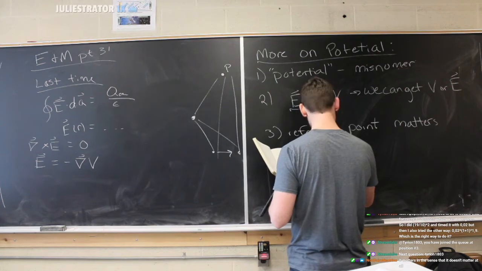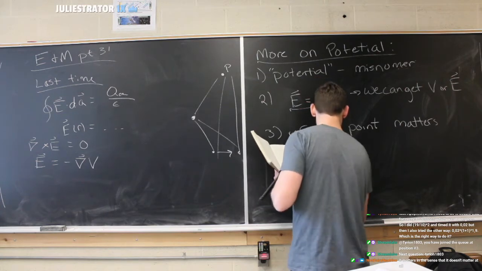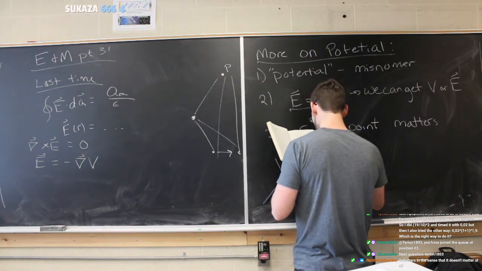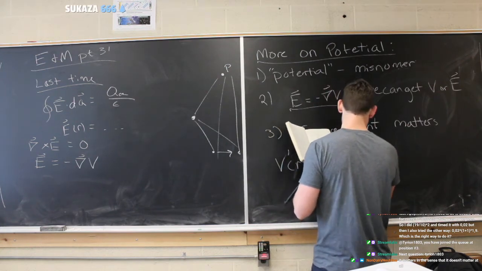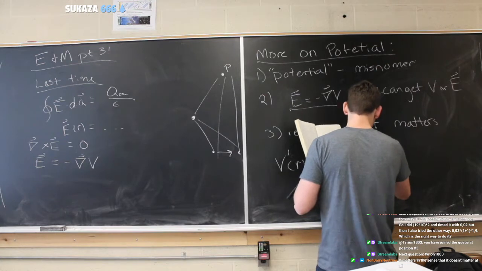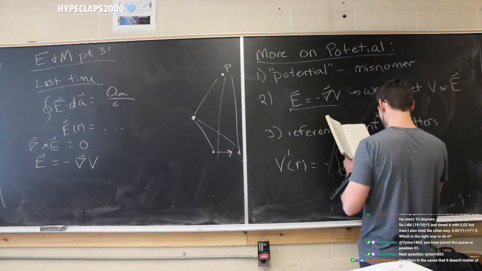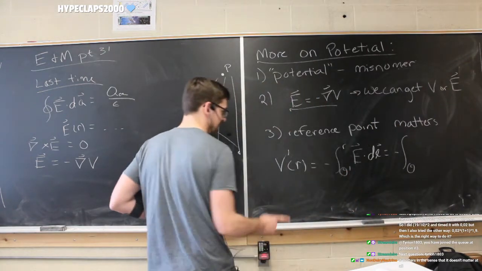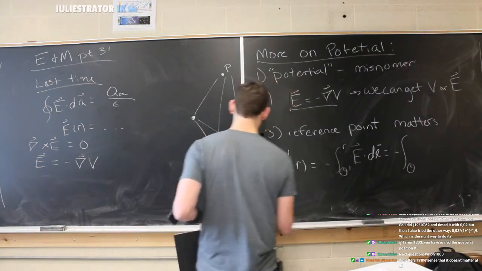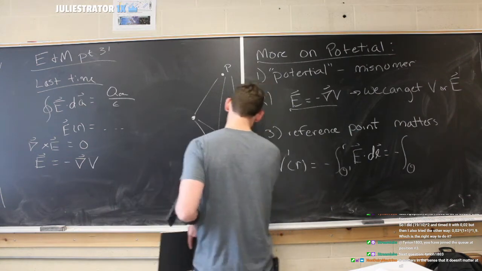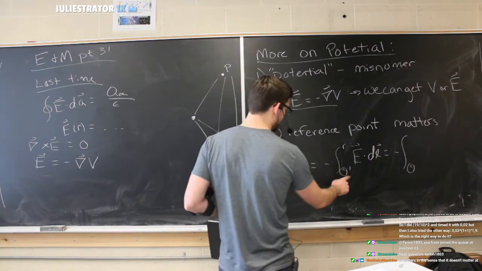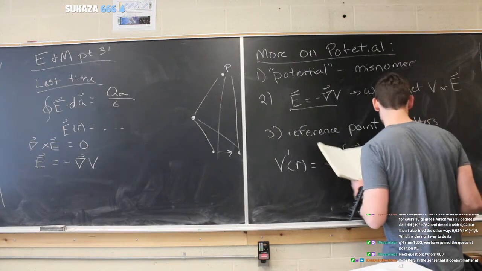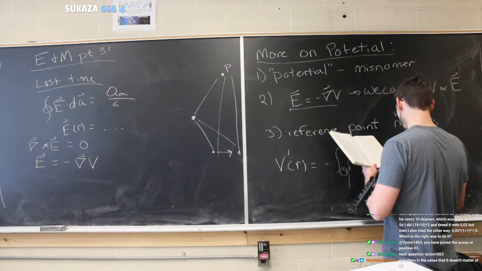It matters in some sense, but really what we want to say is that the goal is to always talk about the potential difference. And in that sense, it doesn't matter, like NC was saying. So what we're going to do is take the same integral we had last time, except this time instead of starting from the origin, we're just going to shift the origin. So now we have a different origin, and we're just going to evaluate the potential, and what we'll get is the potential from the new origin.